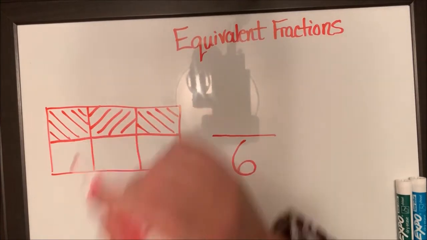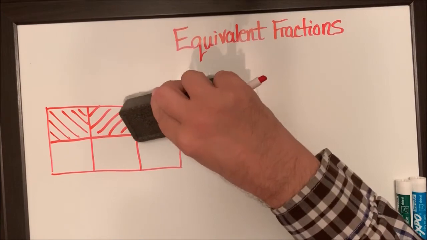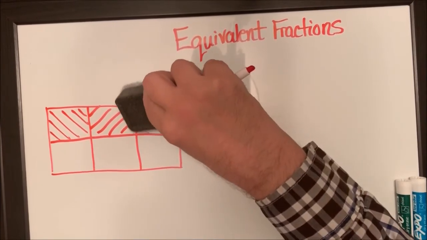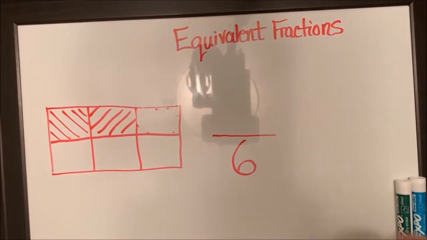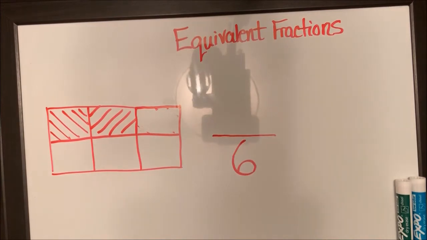Let's do it this way instead. I'm going to take away this one. I want to make this one a little harder than half. I don't want to do half again. So I didn't eat this slice over here. Okay, so in my example,